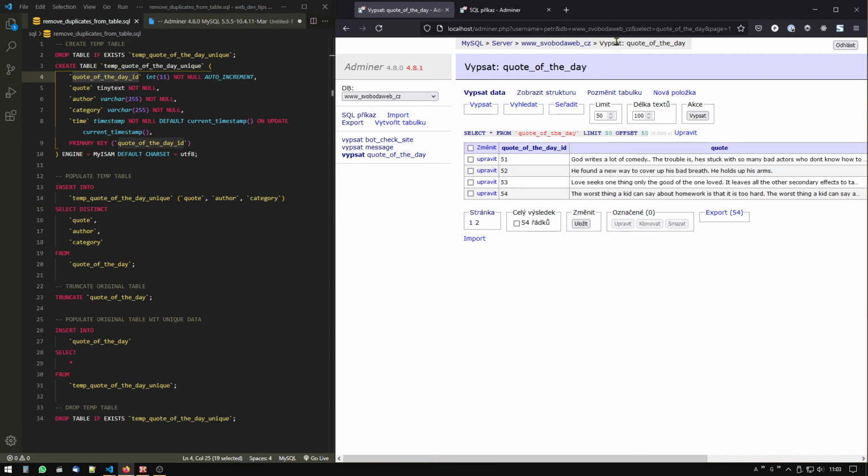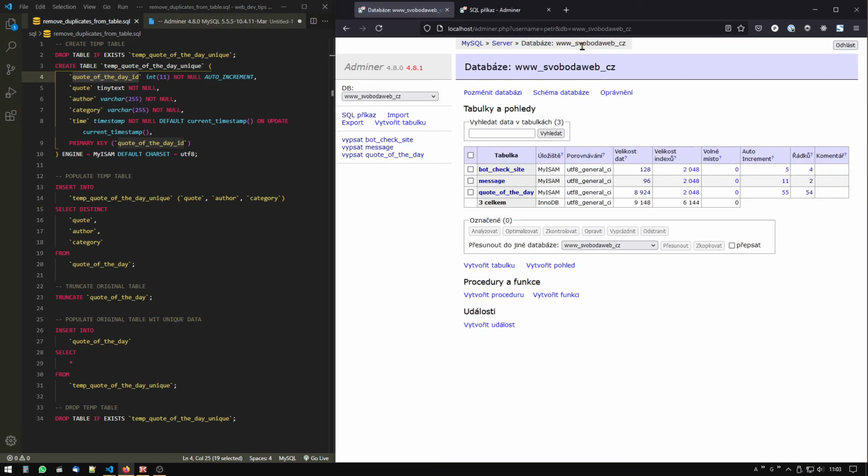So this is how you can get rid of the duplicit values and how to find them and identify them